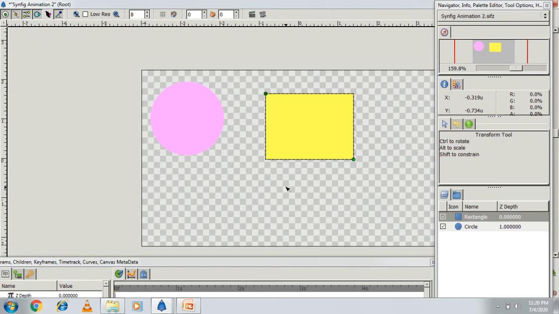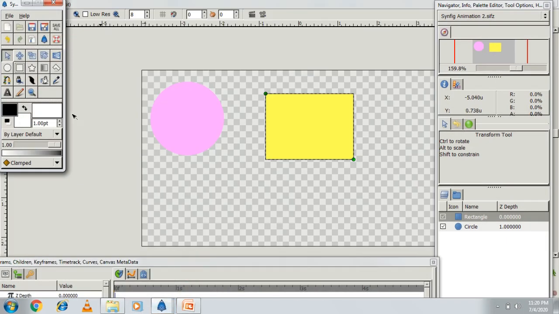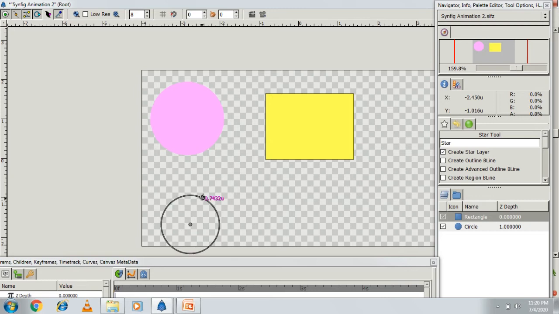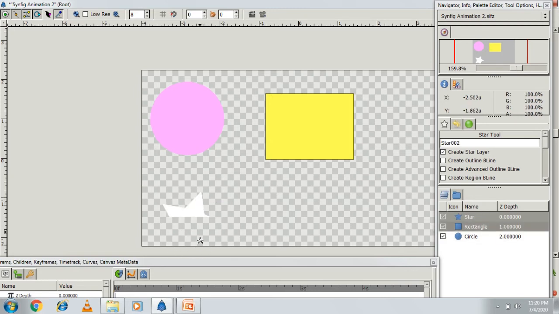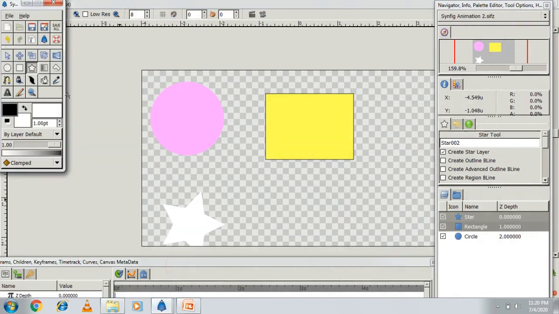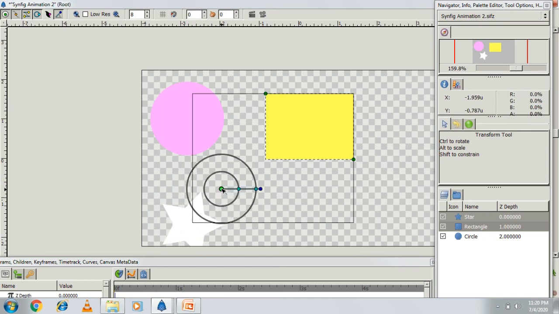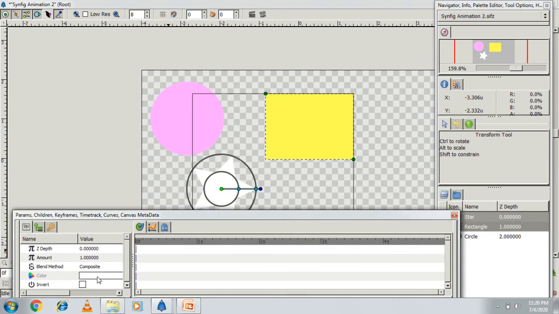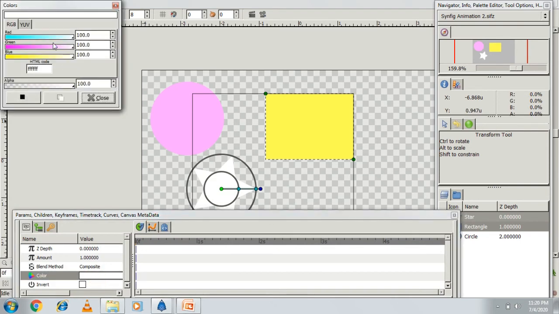Okay. Now our next tool is the star tool. How to use the star tool? Click on star and you can drag it and apply it. So here your star came. Okay. Now if you want to change the color, go to the params option and from here you can change it.